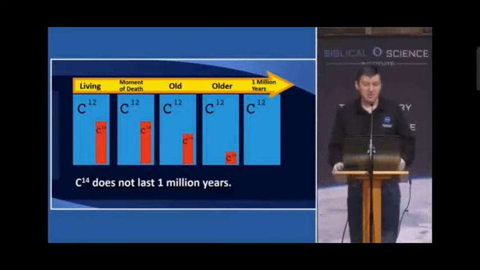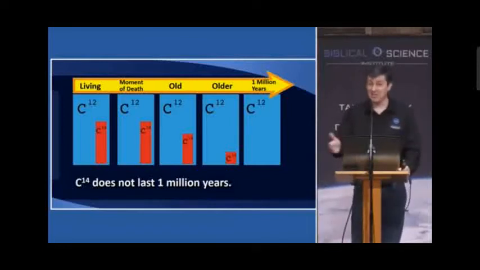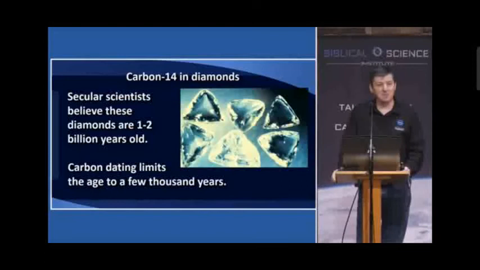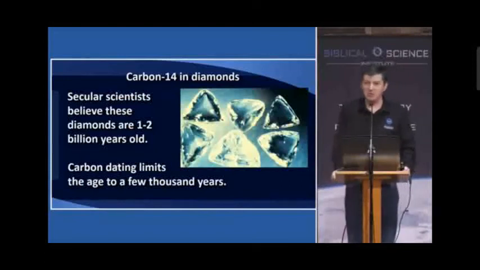And the interesting thing is it tends to give answers that are pretty consistent with the biblical timescale. Now, it's based on assumptions too, but when we test it on things of known age, it tends to give sensible answers. It tends to give the right answer. Not always, not 100% of the time, but often. And the interesting thing is we've even tested it on things like diamonds. Diamonds, in the evolutionists' view, are supposed to be 1 to 2 billion years old. But you know what? We found C14 in them. C14, the half-life's 5,700 years.